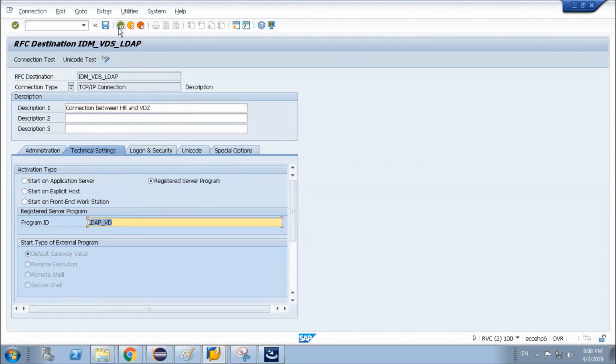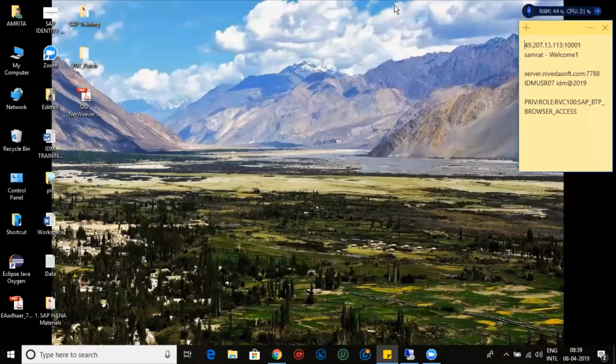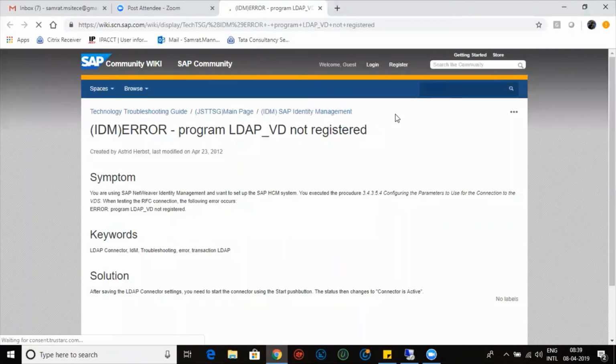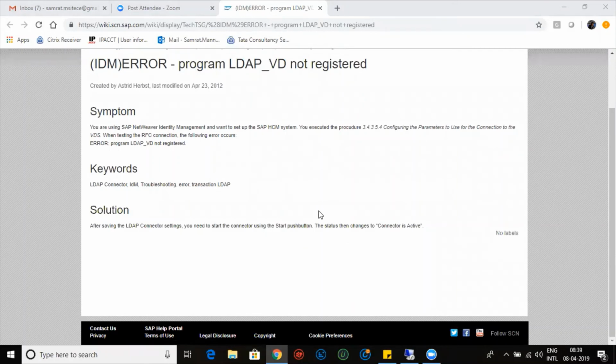So let's do one thing. I pinged one link, Samrat, if you can check. It's the same: LDAP underscore VD not registered. You need to start the connector using the start push button.